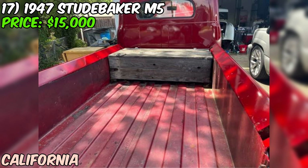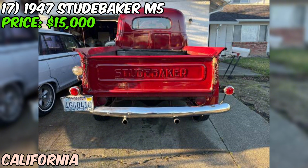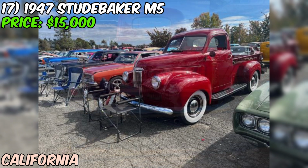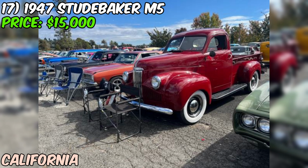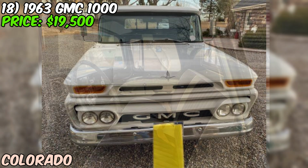At $15,000, you're getting a head-turning classic truck that's been built to drive, not just show. These Studebaker trucks are pretty rare nowadays, and finding one that's been thoughtfully modified with reliable modern running gear isn't common. 18. We're checking out a 1963 GMC 1000 long bed that's listed for $19,500, and let me tell you